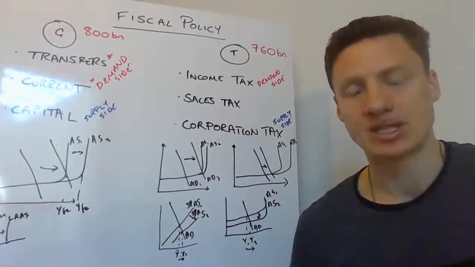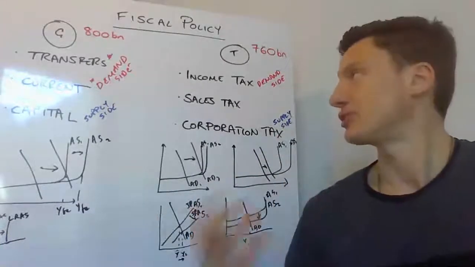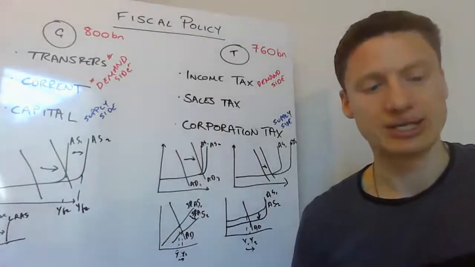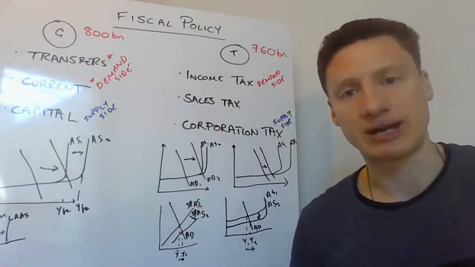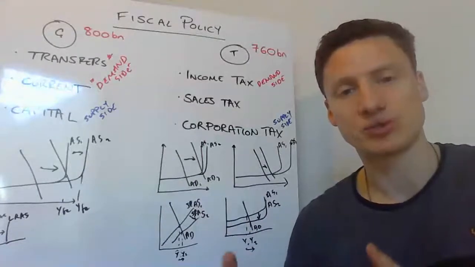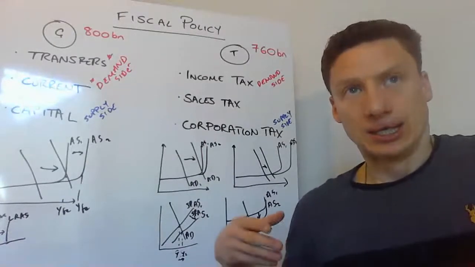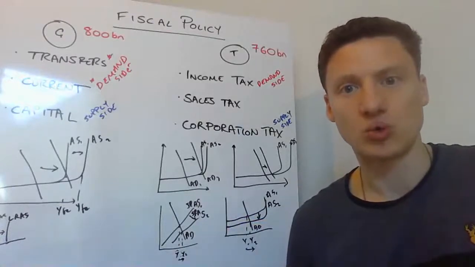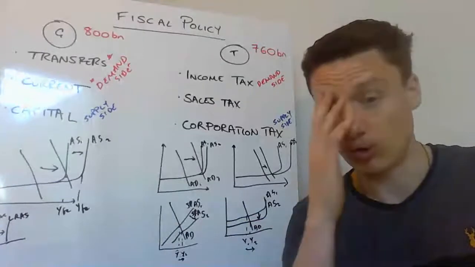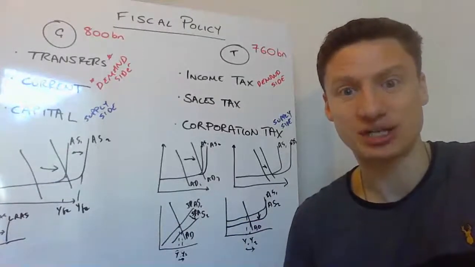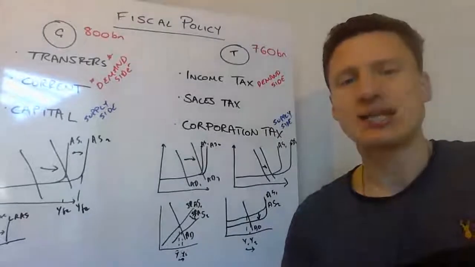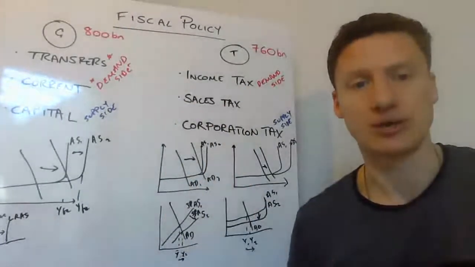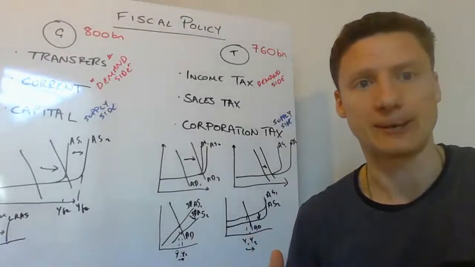So to sum up then, fiscal policy doesn't need to be demand side or supply side necessarily, okay? It can be either. You can have fiscal supply side policies and fiscal demand side policies. I would say probably the majority of the time, if people are talking about expansionary fiscal policy, or they just leave out any adjective and just call it fiscal policy, they're probably talking about demand side policies, okay? That would be the assumption that I would make.